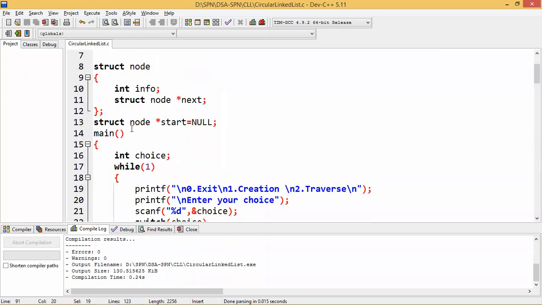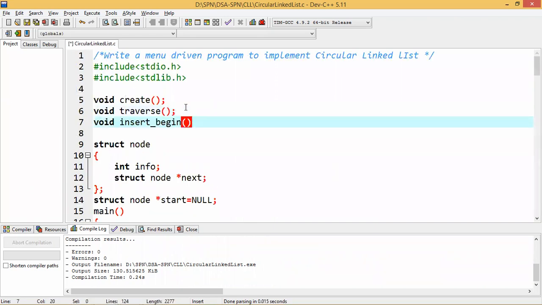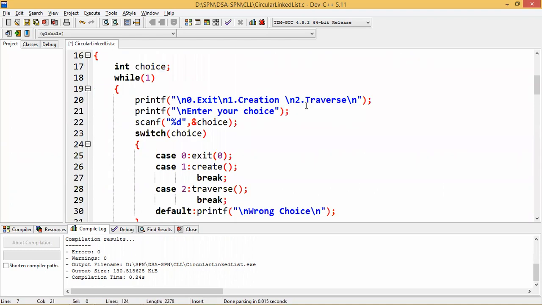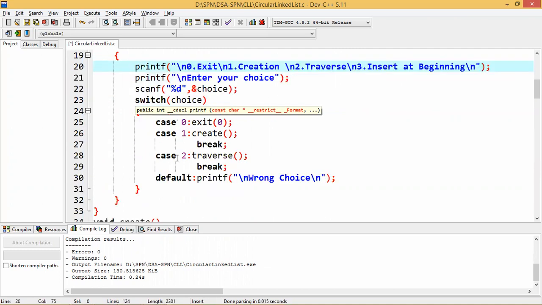So few basic changes we have made. Begin, put the option here. Insert at beginning. Okay.